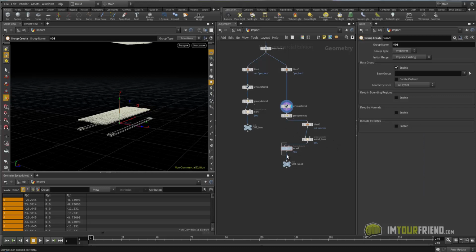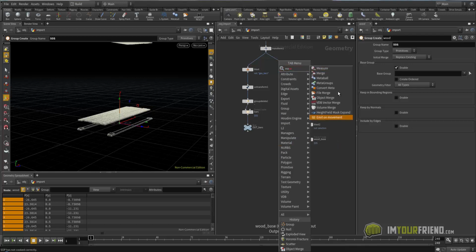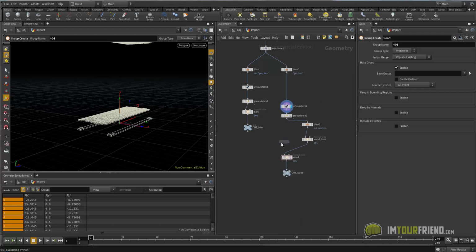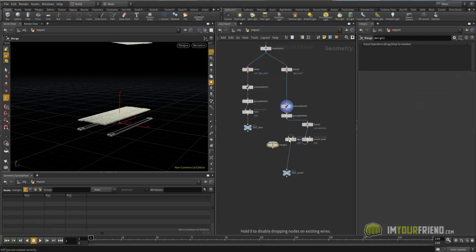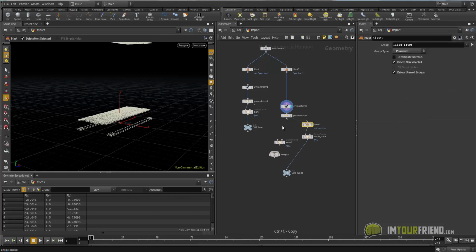And I want to still keep it up separate for the groups, so we're just going to do a merge. Shake that off. Throw it up here. Select the blast, copy, paste, and invert that selection.